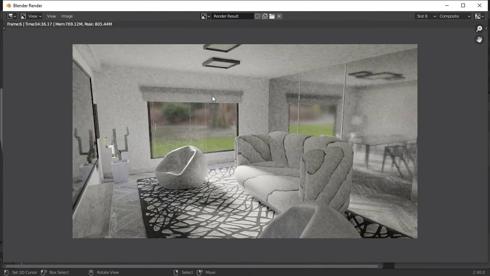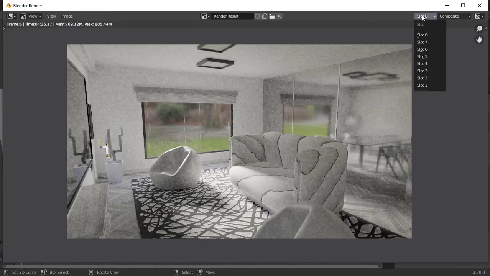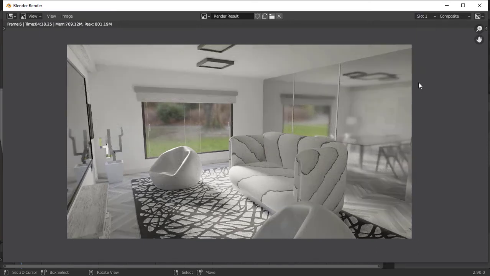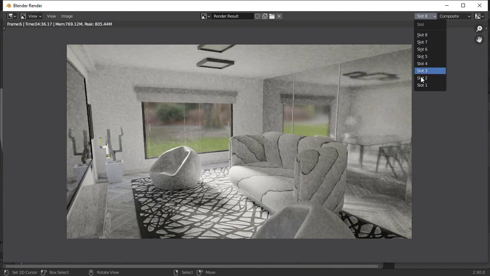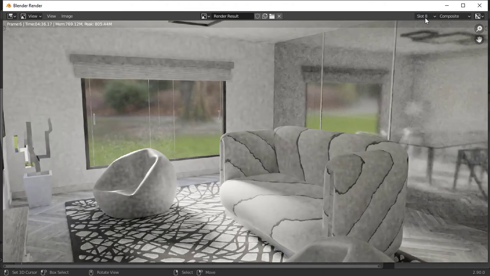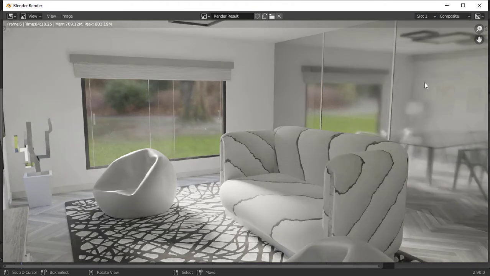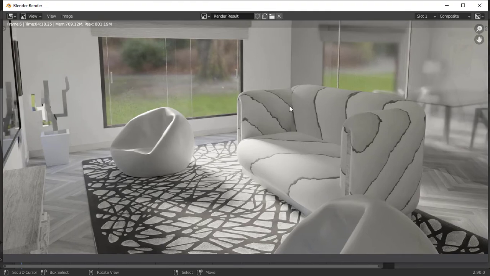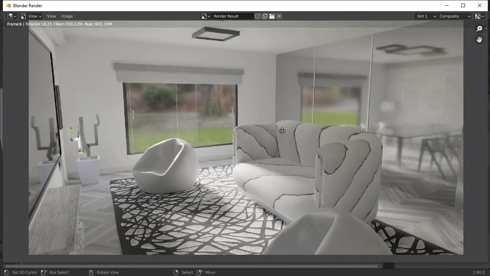After rendering, you can see the denoiser mess with the scene. The NLM denoiser can't denoise this scene using this number of samples. In this scene, 32 samples with the OpenImage denoiser works fine, but the NLM denoiser does not work well for that number of samples. It doesn't mean that the NLM denoiser does not work properly. The NLM denoiser needs a suitable number of samples, and the scene must be less noisy, according to this scene.